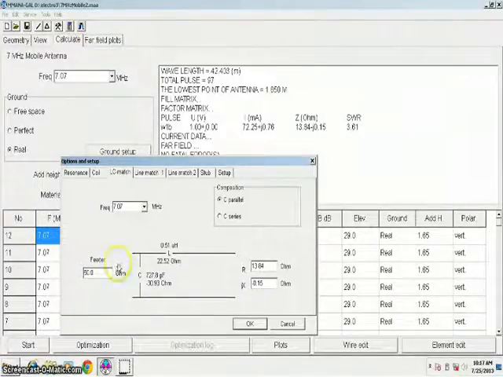The inner of coaxial cable should go here to the matching coil here with the value of 0.51 microhenries,